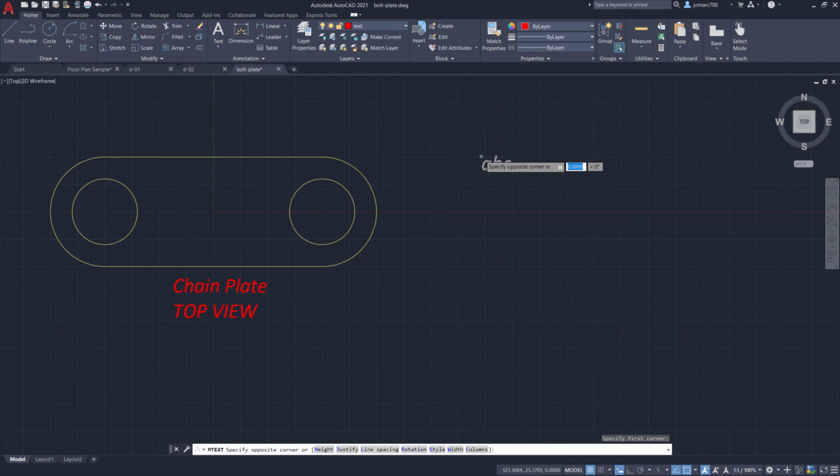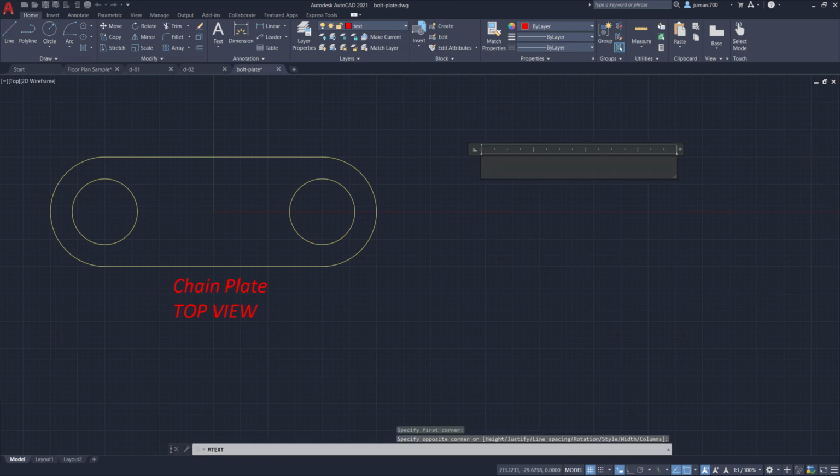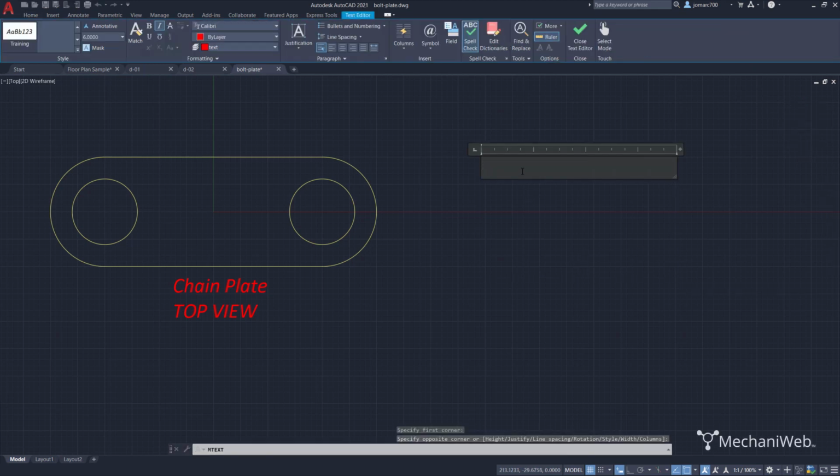And for the opposite corner, I'm going to move my cursor up to here. So notice we're creating a text box. Left click here. And this time I'm going to type in all caps,